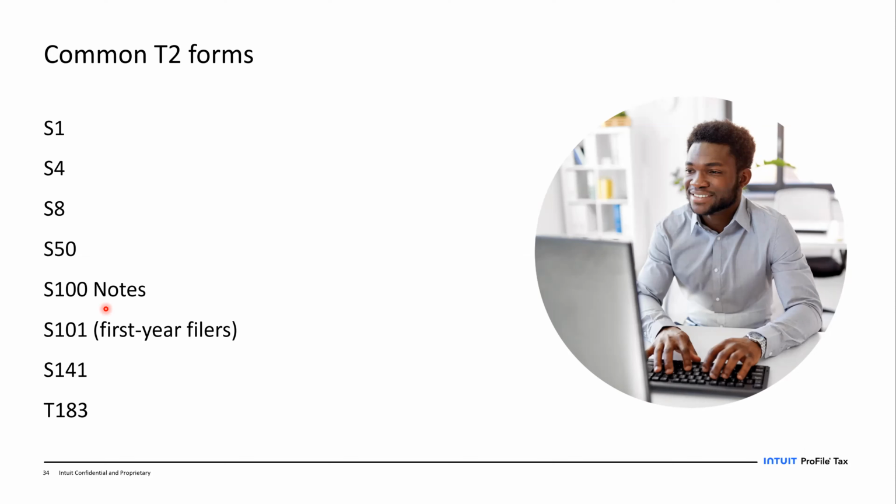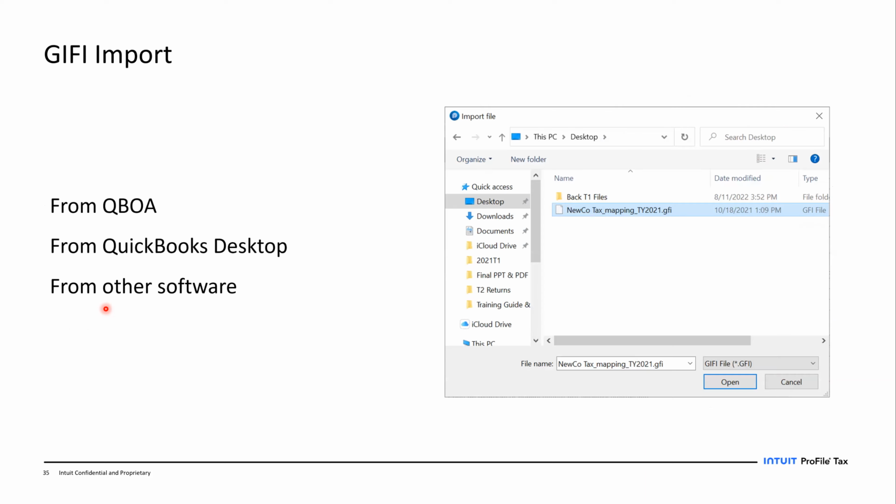You can see the uniformity of a T2 return. And I emphasize the word generally, okay? Because yes, there are complex T2s, related and associated corporations, rental income, investment income. Wait a minute, we're getting into complex stuff, okay? But again, let's move on. Okay, we're going